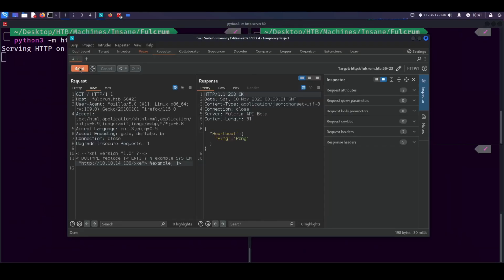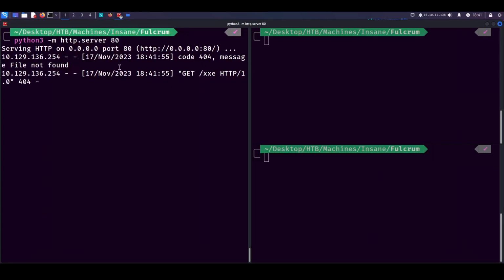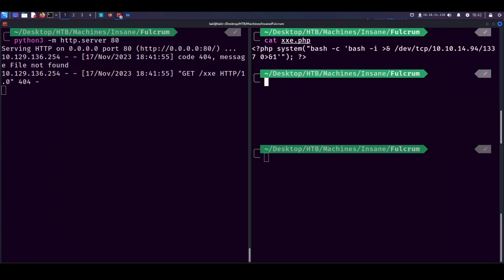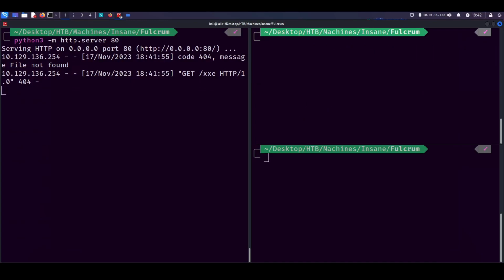There's my Python command. And sweet, we got it to call out, so at least we know that that's working. And of course, we don't have an XXE file here, but we do have, in this case, PHP that we're going to try and use. So I actually think, I might need to fix this. So I might need to go ahead and just write something new because,